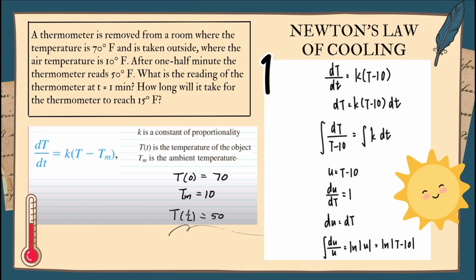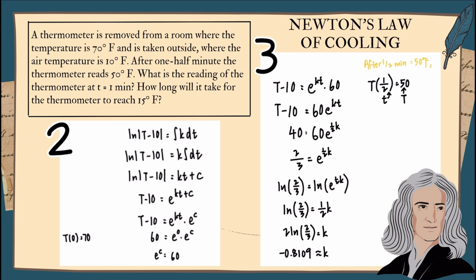For the equation, we got dT/dt equal to k(T(t) minus Tm), where k is a constant of proportionality, T(t) is the temperature of the object, and Tm is the ambient temperature. First of all, we sub in the ambient temperature, which is 10 Fahrenheit, and then we shift the dt to the right side. And then we do the separation of variables. And then we will get e^c equal to 60. And then we sub back the 60 to the e^c. Finally, we get k approximately negative 0.8109